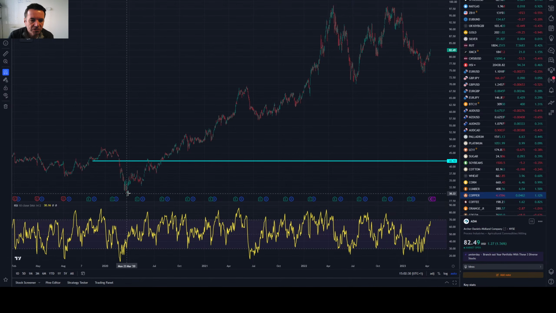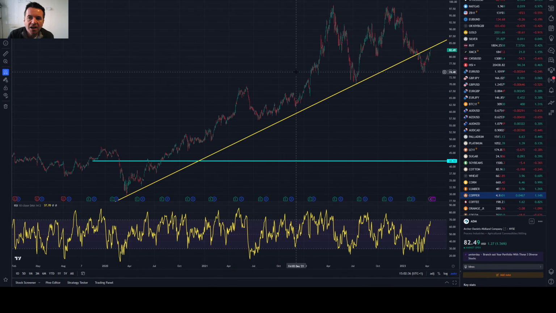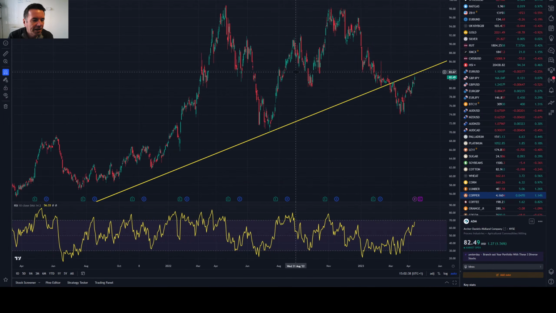Archer Daniels. So we had a trend up from 2020. Maybe that trend is under a bit of pressure. I'd still be a buyer of the dip, as I often say. I always give it a second chance. If I was trading it now, I might like to wait for a bit of a pullback, but I would be looking to be a buyer with a stop the other side of 74.